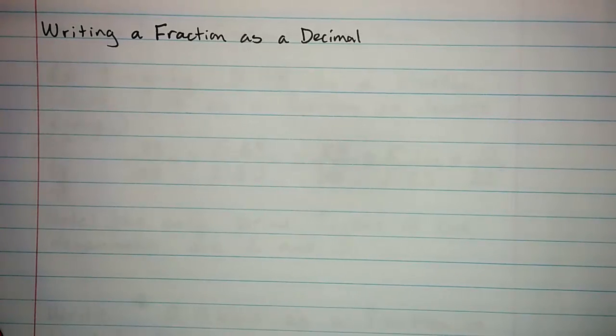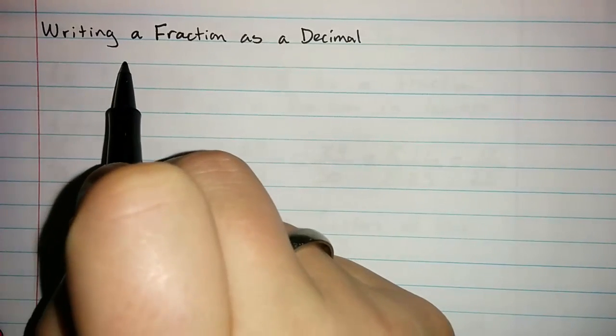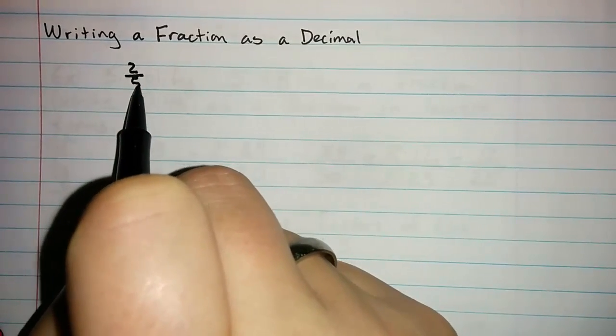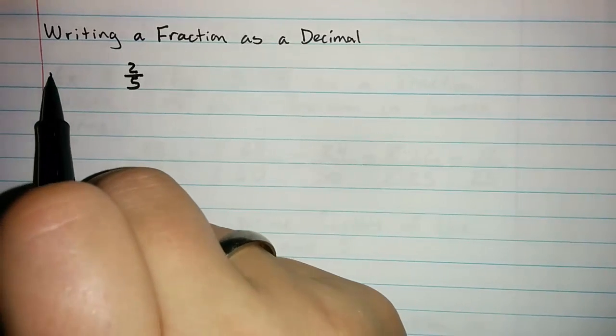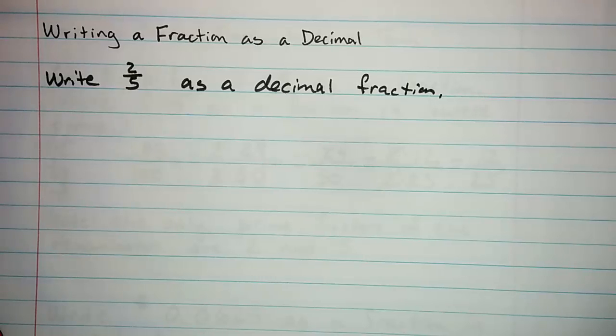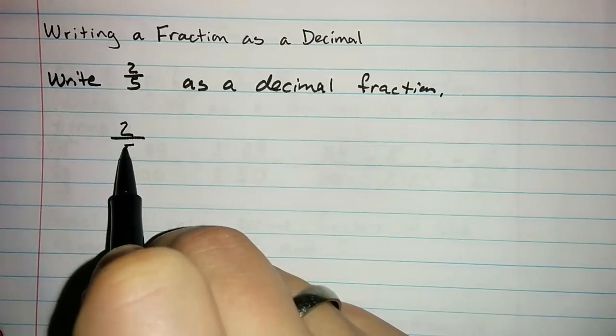Sometimes we have a fraction that is not a decimal fraction. For example, 2/5, that we would like to write as a decimal fraction. And the way to do this isn't obvious, right? But I notice that I can take